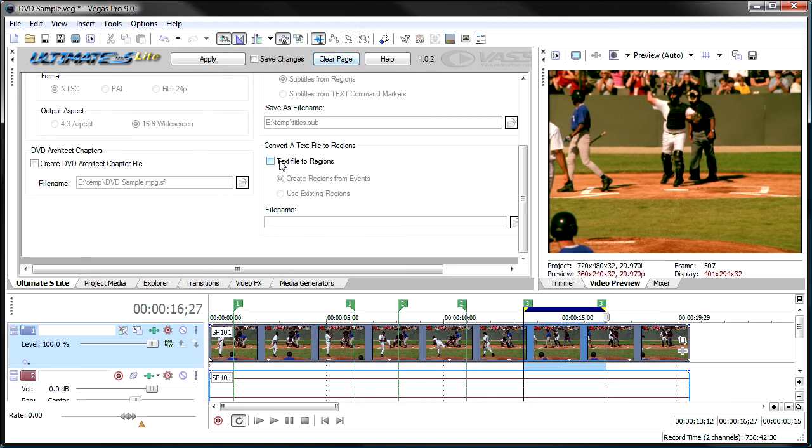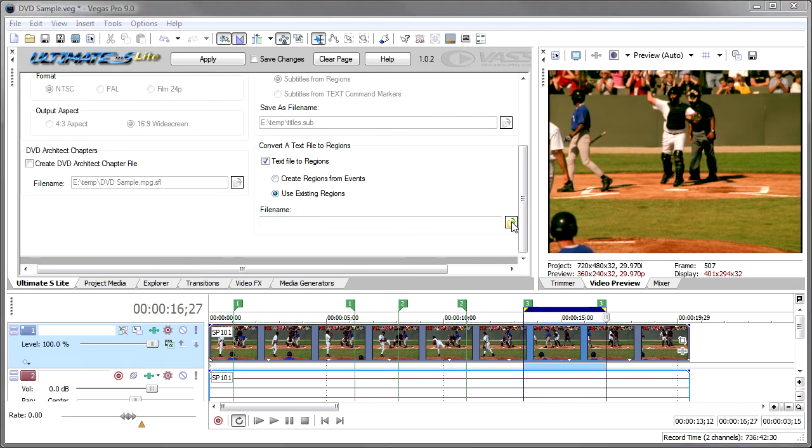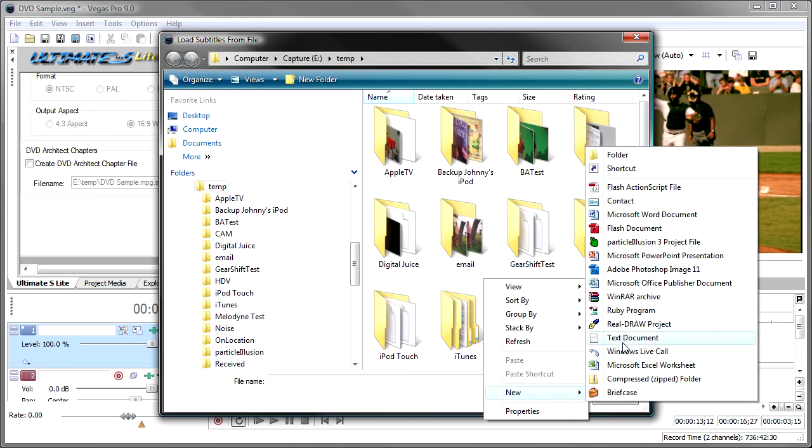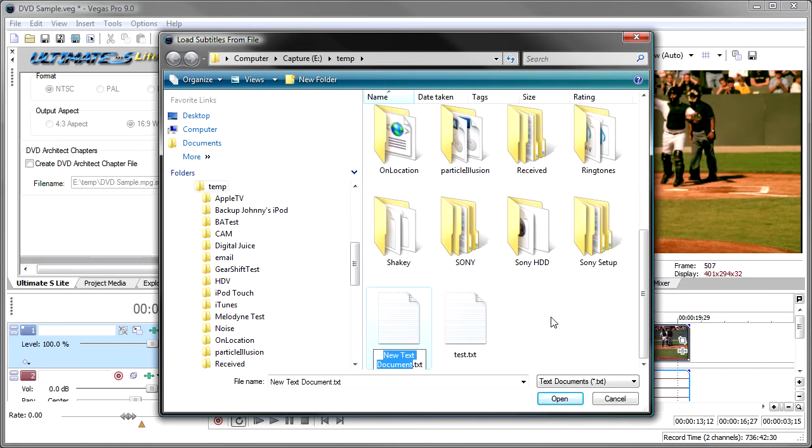So once again, let me clear the page. We'll do text file to regions. I could use existing regions, or I can create them from events. I only have one event here, but we could have created them from events. I can show you how that works. Right now we'll use existing regions, and then we'll go get a text file name. Now, I don't believe I have a text file, so let's create one. Let's do a new text document. I'm going to call this